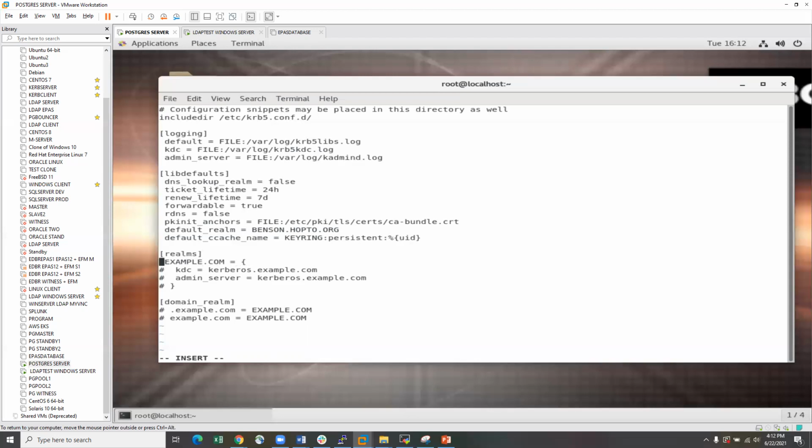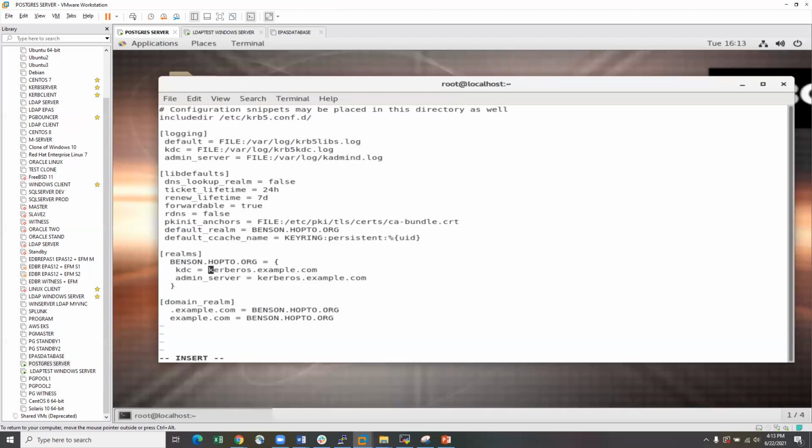So what I'm gonna do here is I'm gonna uncomment all of these. Okay, and for my realm here, I'm gonna put the same thing here, which I have here. All right, I'm going to include that here. And if you see down here, I will need to put the same thing here. Okay. There are a couple of edits I still need to do here. I need to uncomment this, comment this,